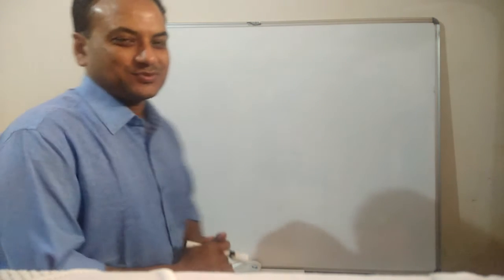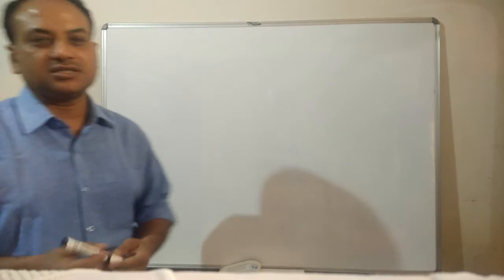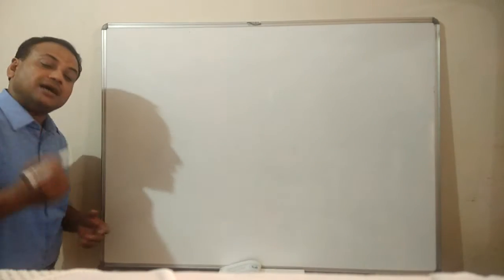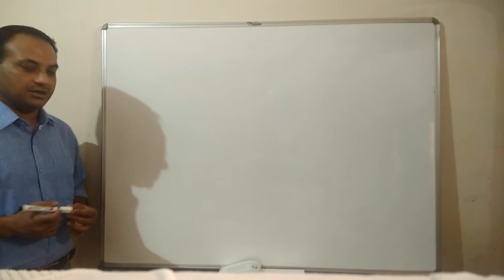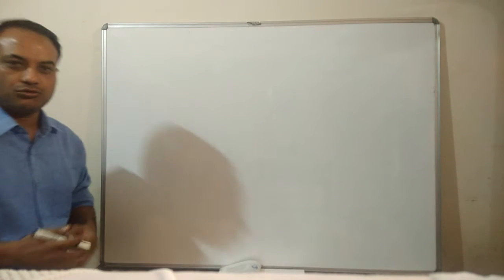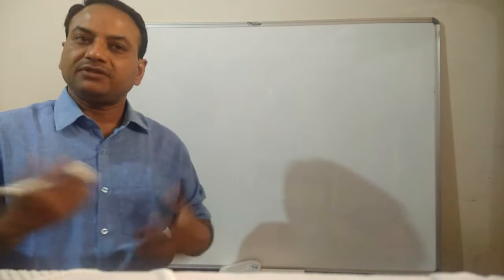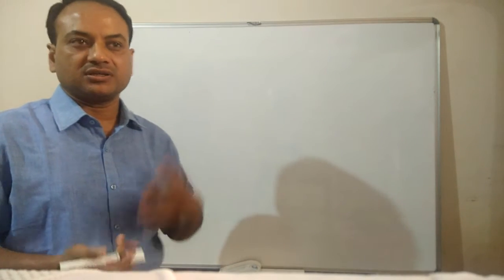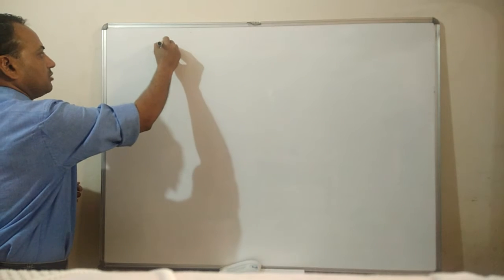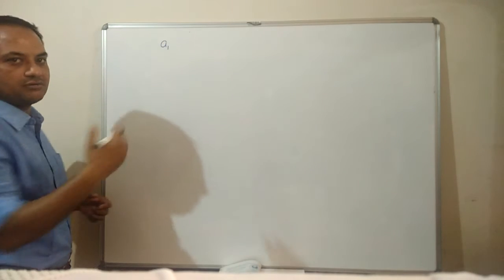So hello guys, today we are going to start the second part of the pair of linear equations in two variables chapter. In the last video, if you remember, we discussed the basic introduction of pair of linear equations in two variables, in which we saw what the general form is. I just want to give you a fast recall of all the topics we covered in the previous video.